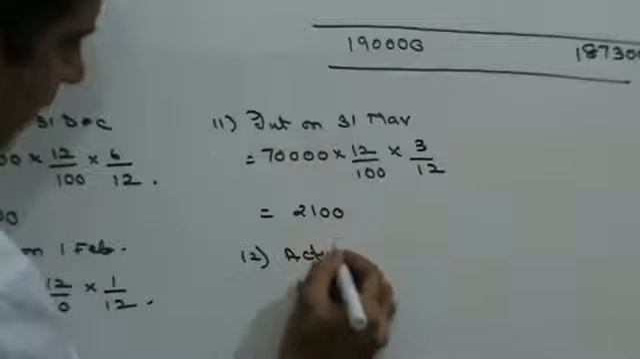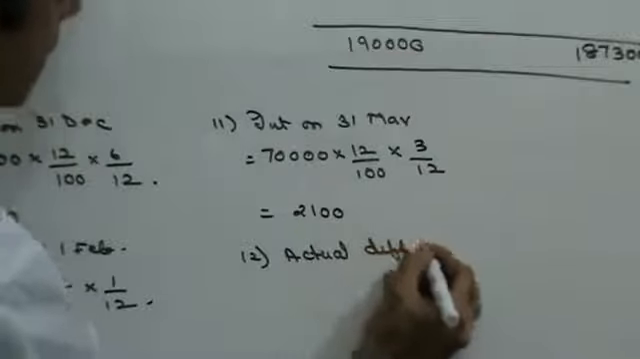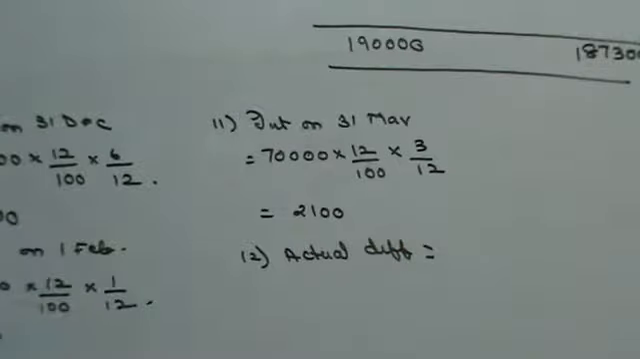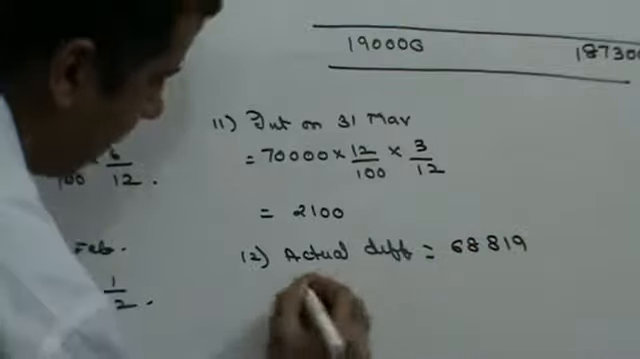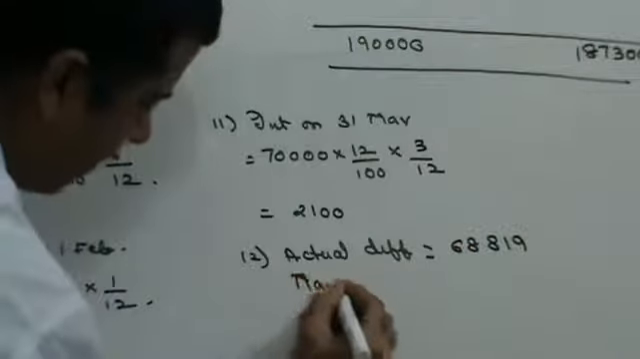Now let's see this actual difference. Someone please find out the actual difference. How do I get actual difference? That is 1,87,300 minus the difference. Someone please get me the difference. How much is the difference? So 68,819. And the market value they've given you is